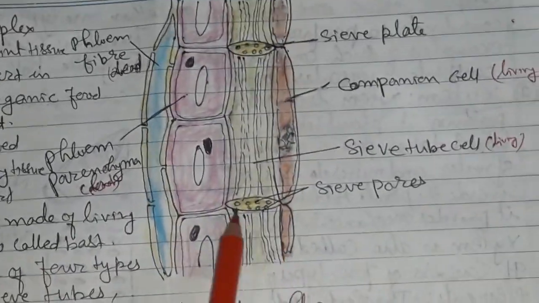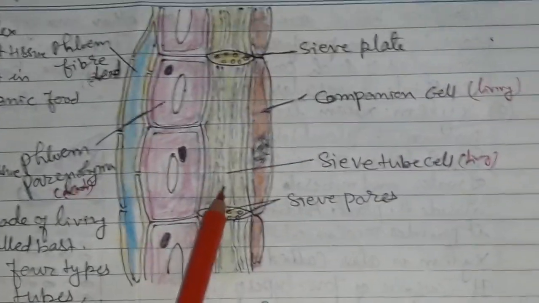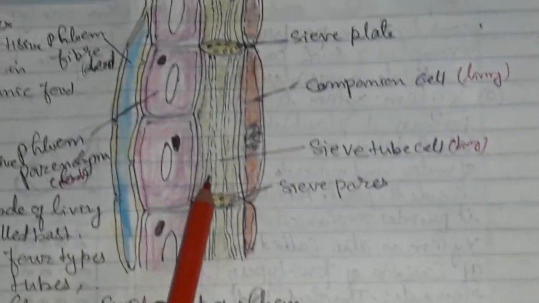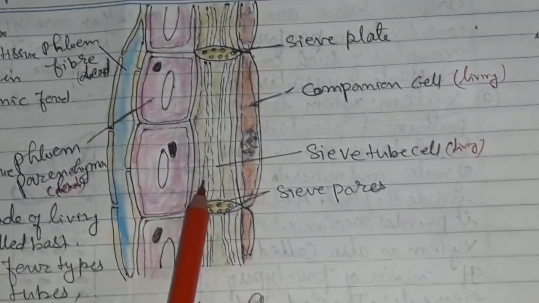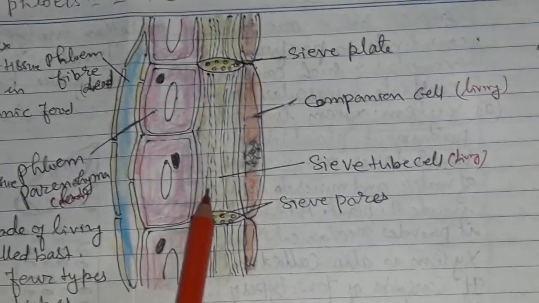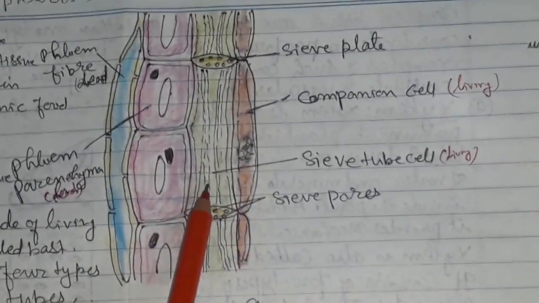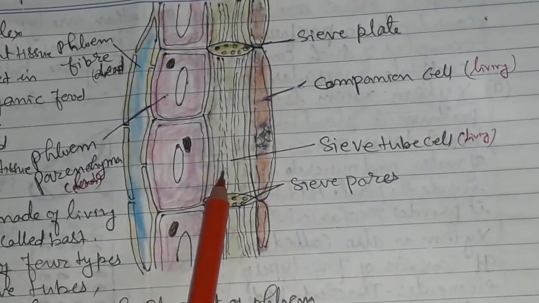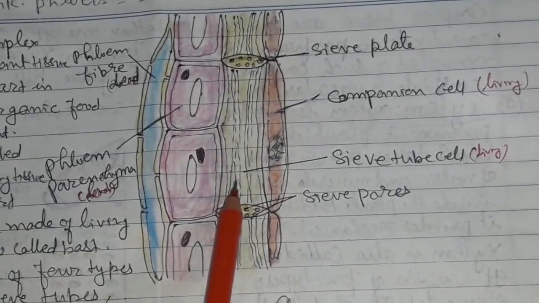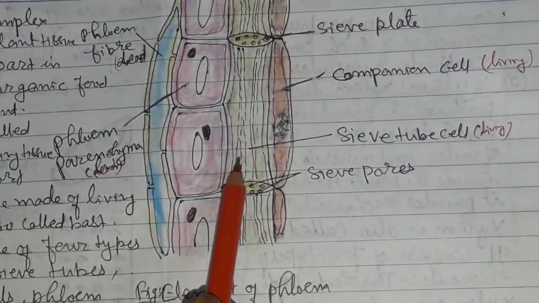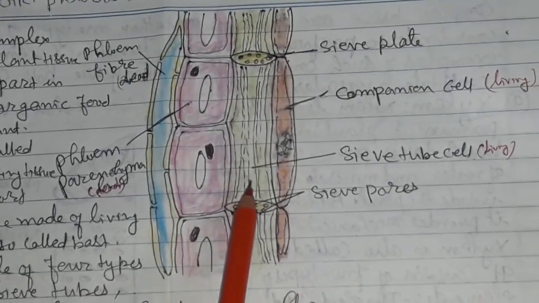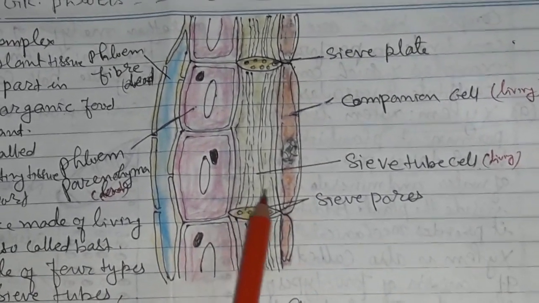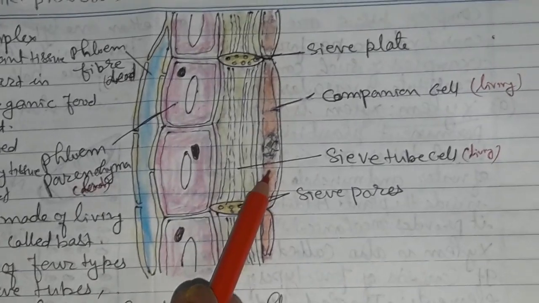Companion cells and sieve tubes. This is the companion cell, this is the sieve tube. These cells are sister cells. Why are they called sister cells? Because they develop from the same mother cell. क्योंकि same mother cell से produce होते हैं. That is why the companion cells and sieve tube cells are called sister cells. Despite having lost the nucleus in the mature state, the sieve tube cells remain living. Their activity is controlled by the nucleus of the companion cell.